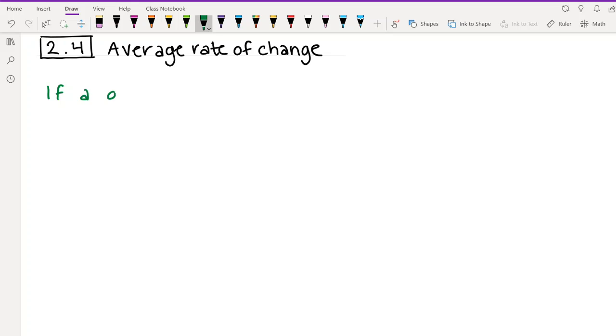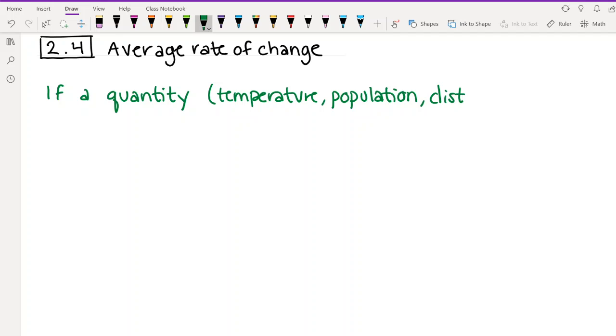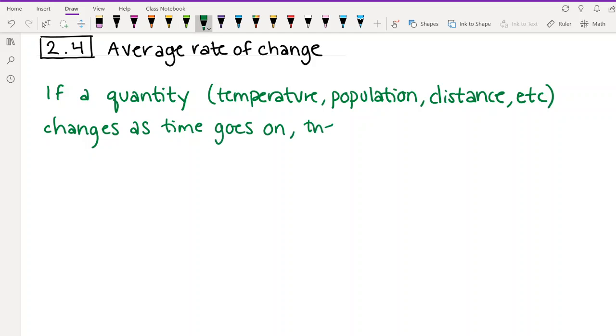So if a quantity, for example, like we said, temperature, population, distance, etc. Anything that you can be keeping track of and measuring as time goes on, changes as time goes on, then the average rate of change of the quantity